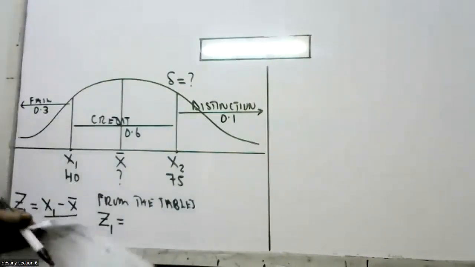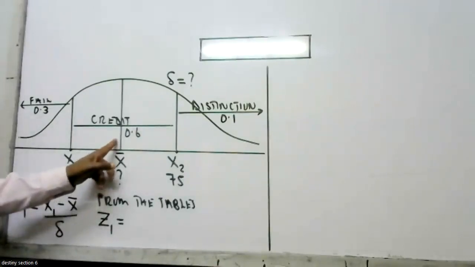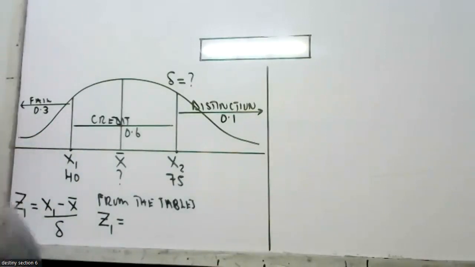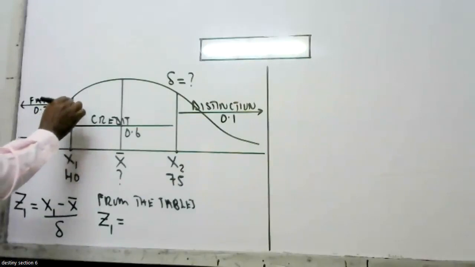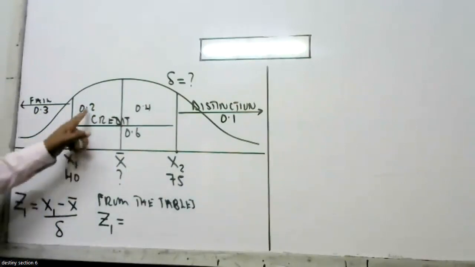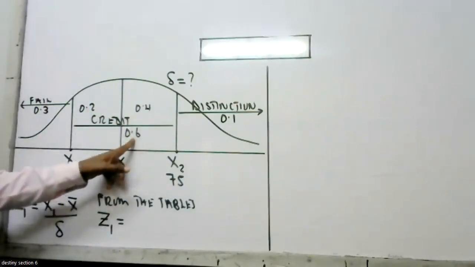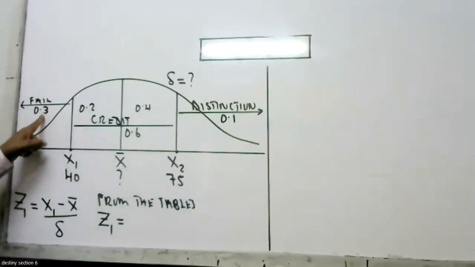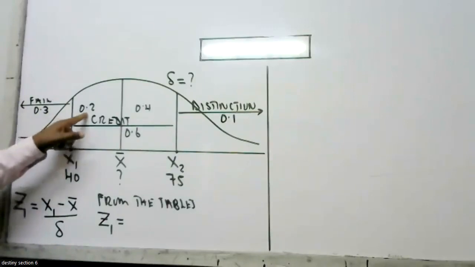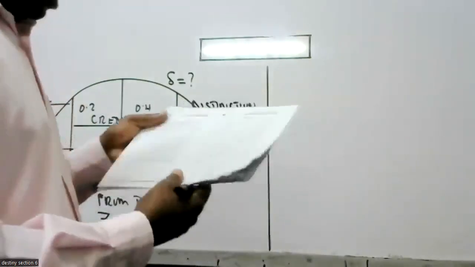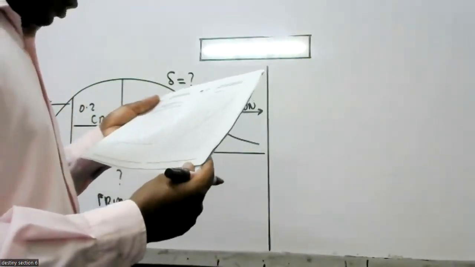Now, as you know, from here, the center, up to here, this must be 0.5. So this means this section is 0.2 and this other one is 0.4. So that when you add this plus this, they give you 0.6. And then when you add this 0.2 plus this 0.3, they give you 0.5. So what we shall do is go to the tables and read this 0.2. We look for 0.2 inside the tables. And when you look at your tables for 0.2,